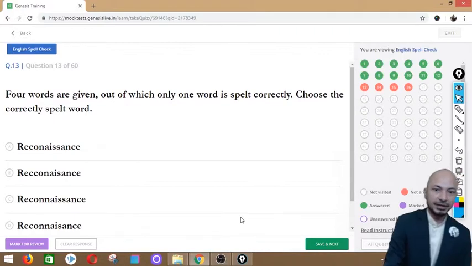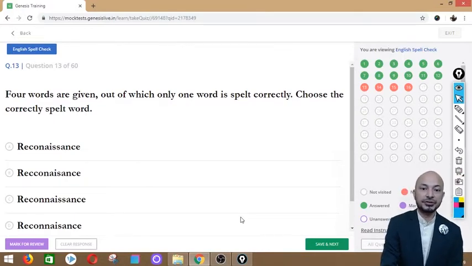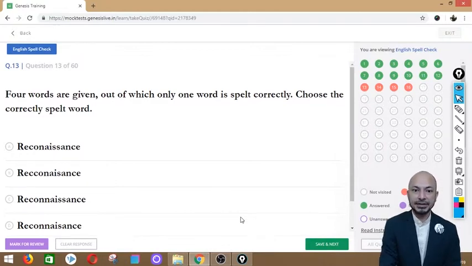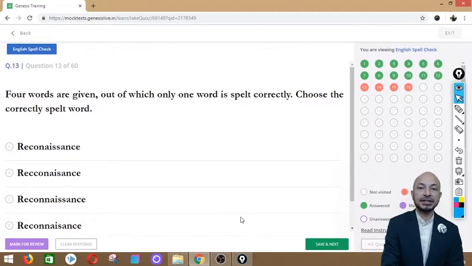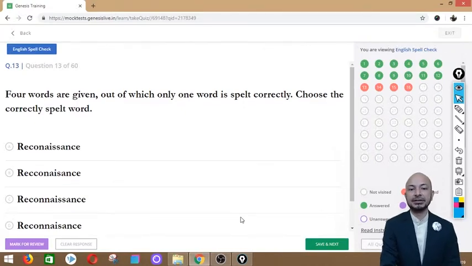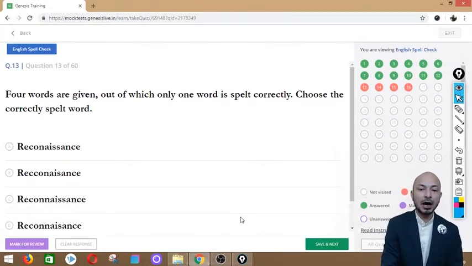On to question number 13, and the word is reconnaissance, and the 4 spellings that are given are RECONAISSANCE. Second one says RECCONAISANCE. The third one says RECONNAISSANCE, and the last one says